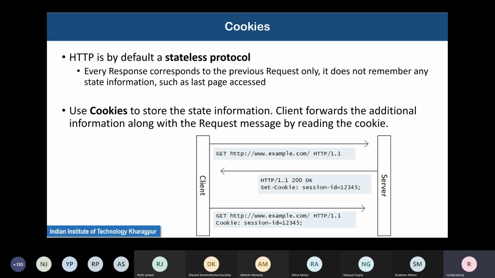You say yes, only then this set cookie command will be effective and a small piece of information will be set on your computer. Later on, when you again try to connect to the server, you will send back your session ID along with the HTTP request. In that case, the server identifies, oh okay, this is the old client who earlier logged into me and did so many other things. So it customizes the experience of that client when it sends back the response.